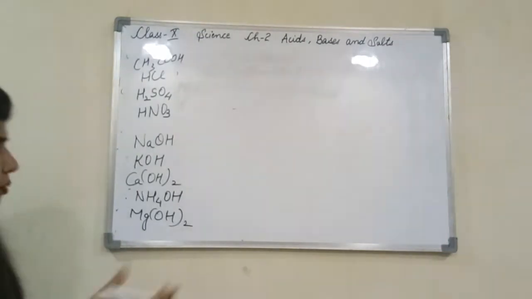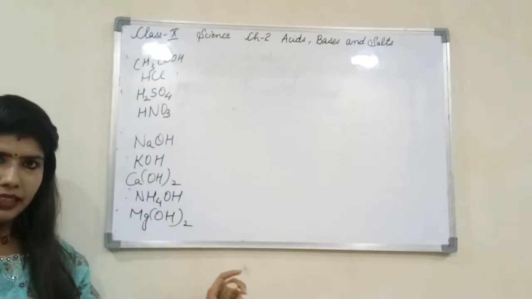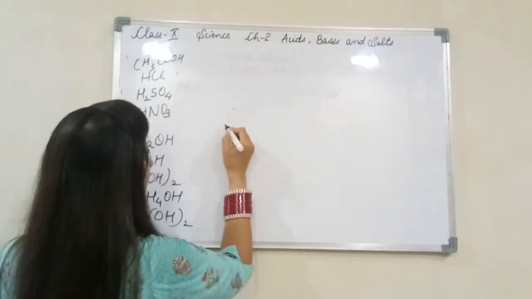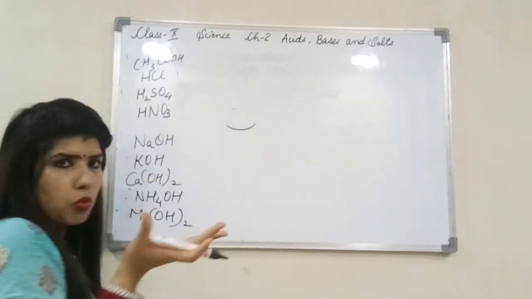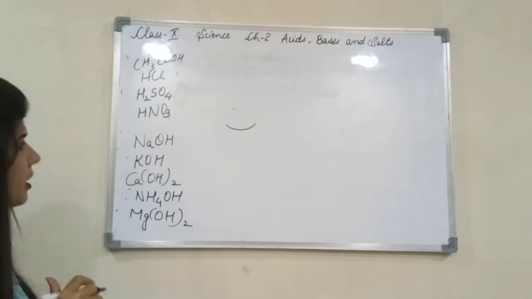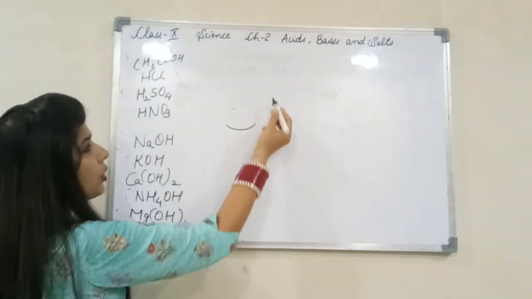Then you have to go to your lab. You have collected these things. What does the activity say? Keep them separately. आपको क्या लेना है? एक watch glass लेना. Watch glass is like this, I'll draw over here. It's like this, watch glass. Glass की बनी होती है. Then what you have to do is, सबसे पहले जैसे acetic acid लिया, you'll put it over here. Then you will put the drops of